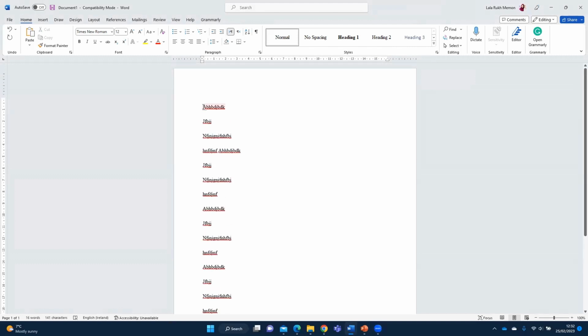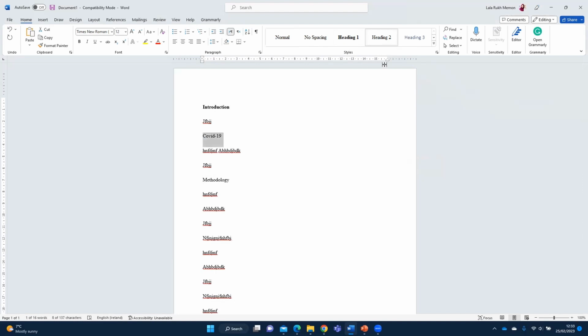Let's say you want to make this a heading, introduction. And this is your normal text, the body of your introduction, and this is again your methodology. So what you do here, you select the introduction, go to the style section and give it a heading 1. If you want to create a subheading inside the introduction section, like a brief of what COVID-19 was, then you can give it